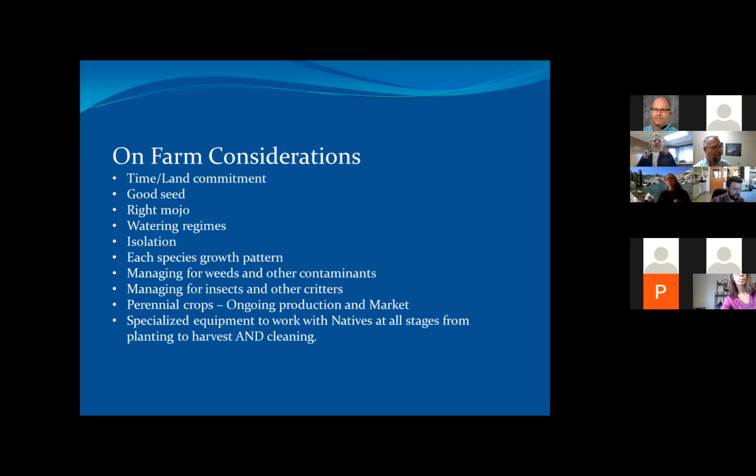Especially here in the arid Southwest, but I think in a lot of places, there are good growing years and there are not good growing years. And it may be species specific, and it may just be the rains came at the right time. Everything is doing what it should do and what we really want to see. But we don't get that right mojo very often in our area. We say 1 in every 4 years, hopefully, is a pretty good growing year.